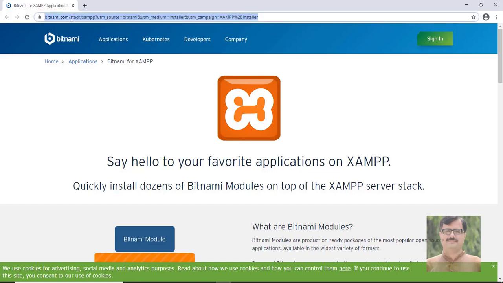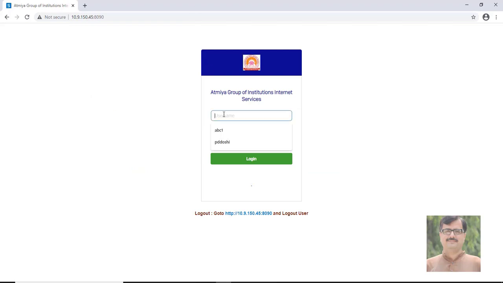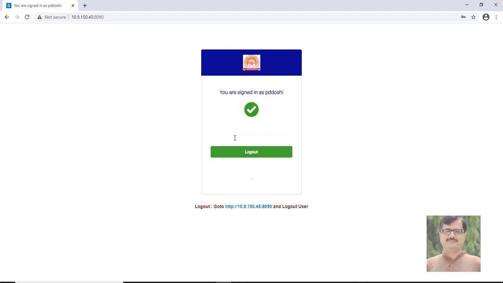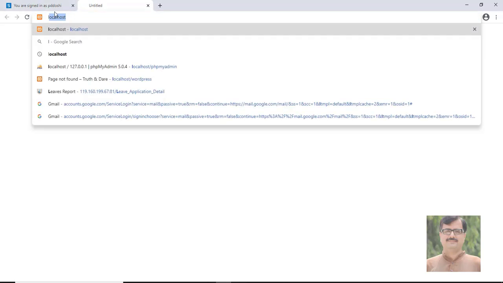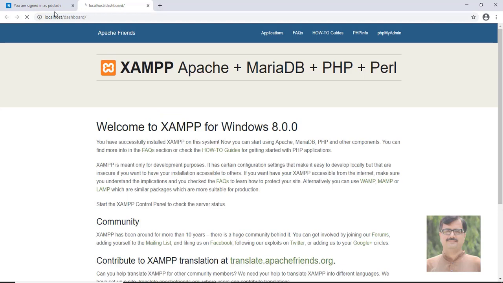And you can go to start your website. So before this I will stop my internet. Now I am running my servers, so I am not using internet. So first of all I will stop my internet, so that port 8080 will be free. So now locally I am running the website, so I will check it by writing localhost only. So the localhost dashboard is available here, and you can read all this.